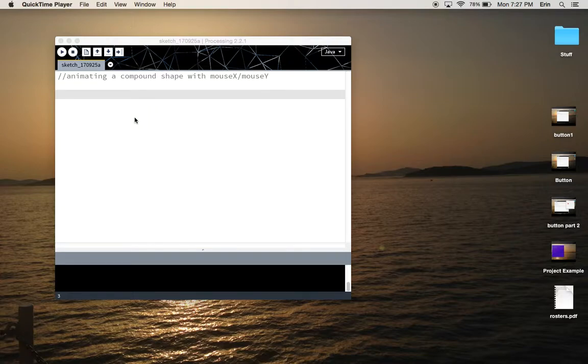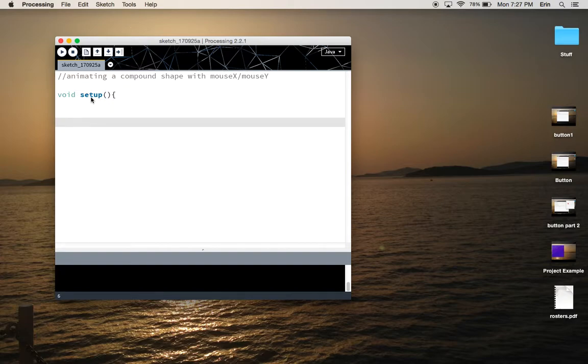We can use the mouseX, mouseY built-in variables to animate compound shapes the same way we used integer and float variables. We do that by using algebraic expressions to represent the x and y coordinates of the geometric shapes inside our compound shape. So I'm going to start out by saying void setup, open close parentheses, open my curly bracket,